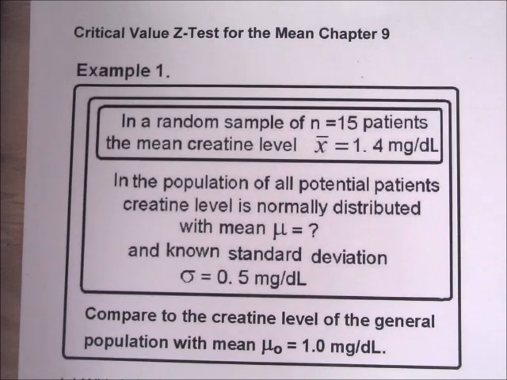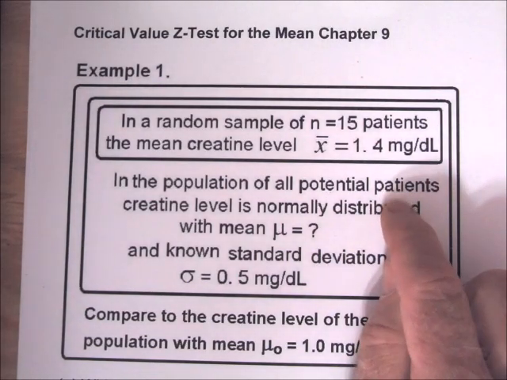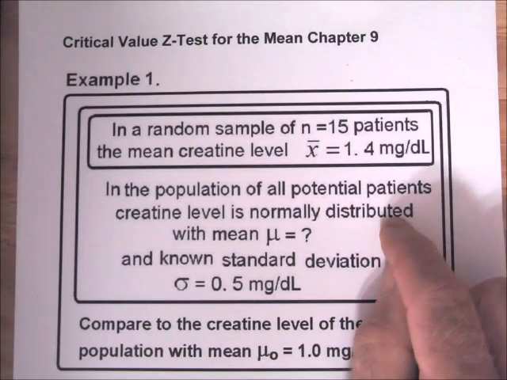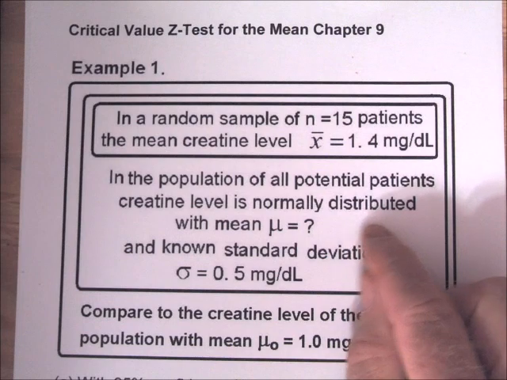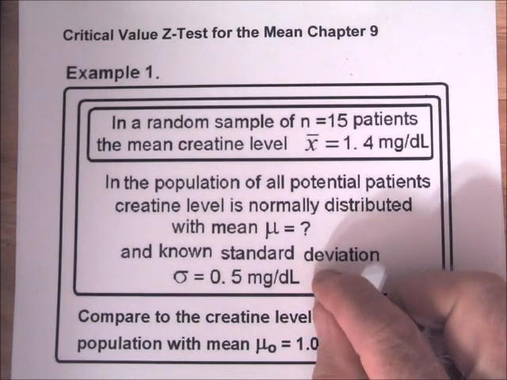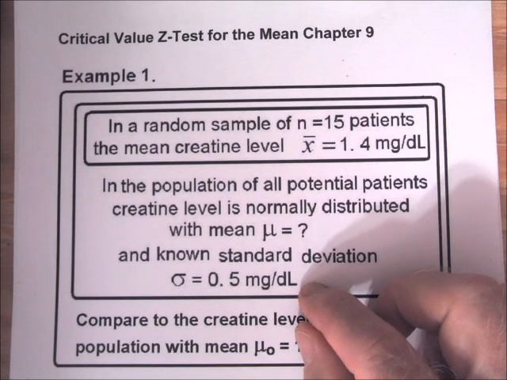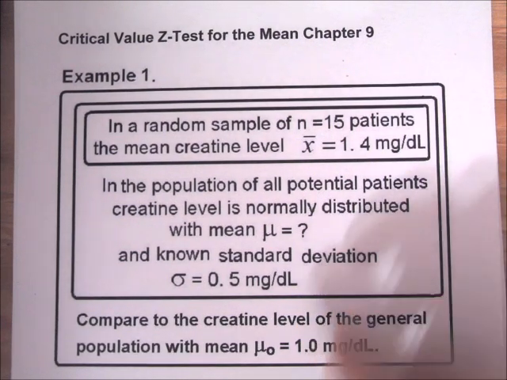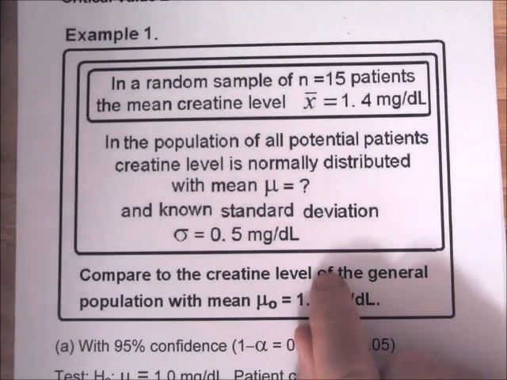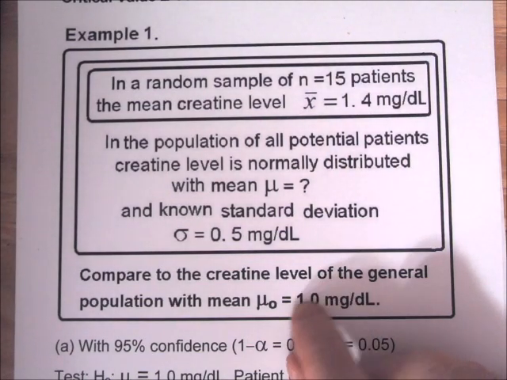Example 1. In a random sample of n equals 15 patients, the mean creatine level x bar is 1.4 milligrams per deciliter. This is taken from a larger population. In the population of all potential patients, creatine level is normally distributed with mean mu unknown, but with known standard deviation sigma of 0.5 milligrams per deciliter. And we want to compare it to the creatine level of the general population, where the mean is 1.0 milligrams